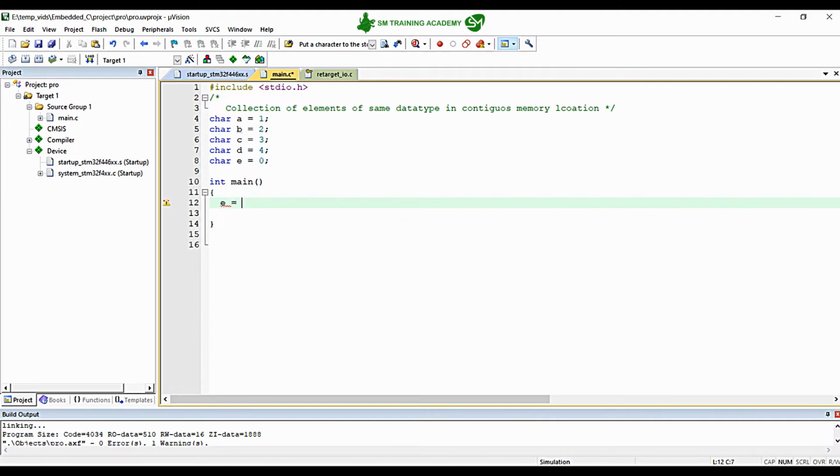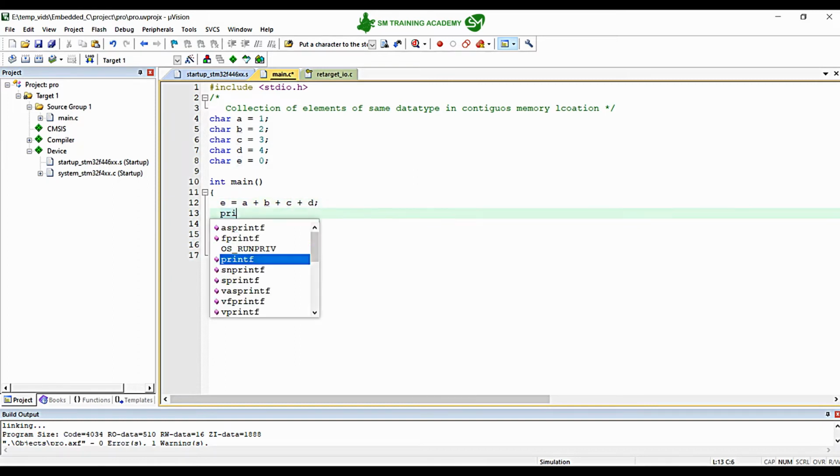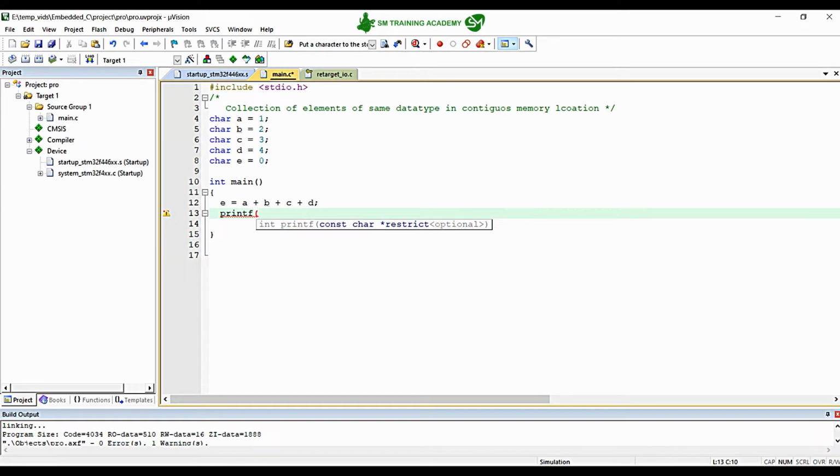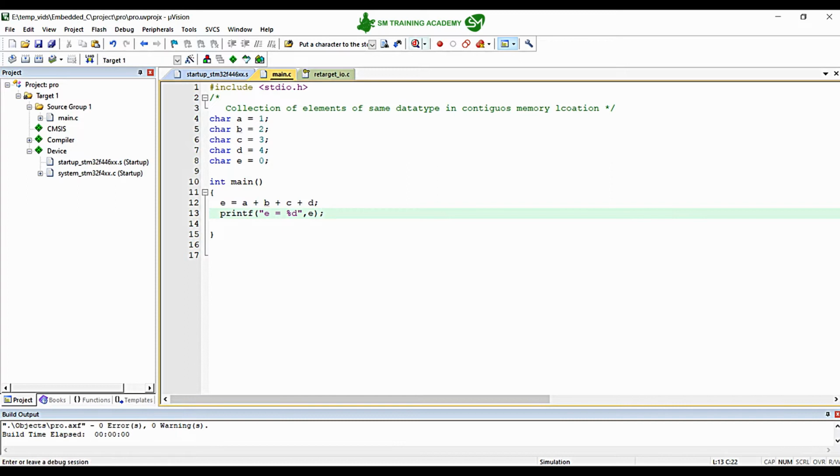Here what I'm going to do is add all the variables, a plus b plus c plus d, and store the result in the e variable. And finally I'm going to print the result, that is the value of the e variable. Now when I run this program,